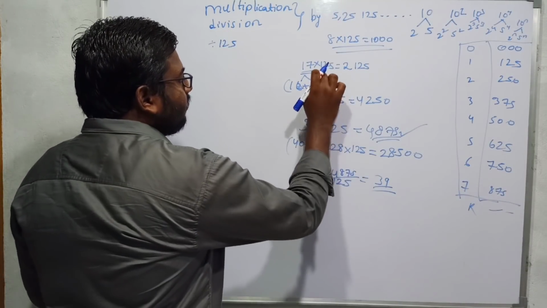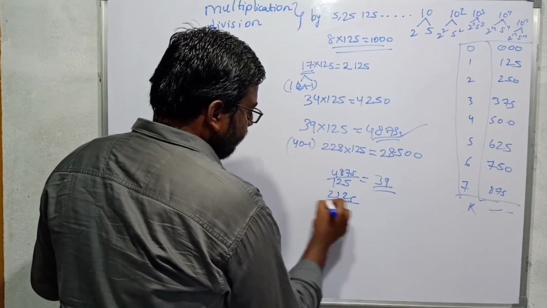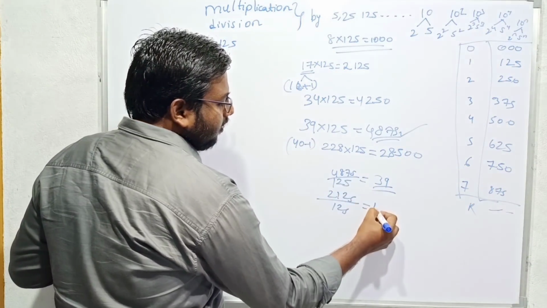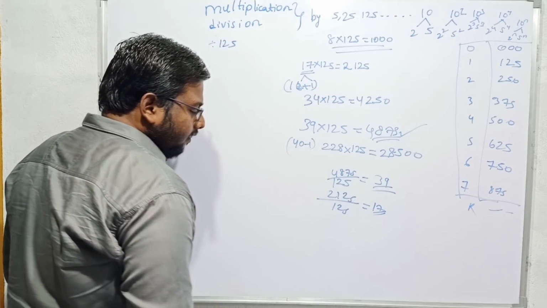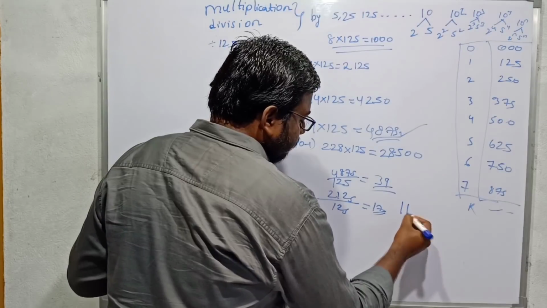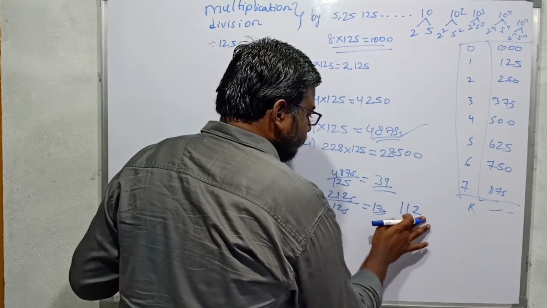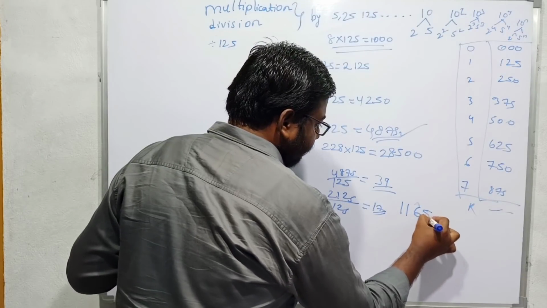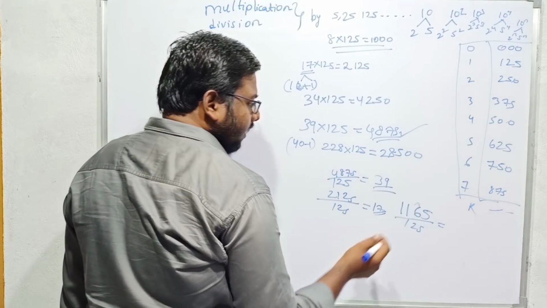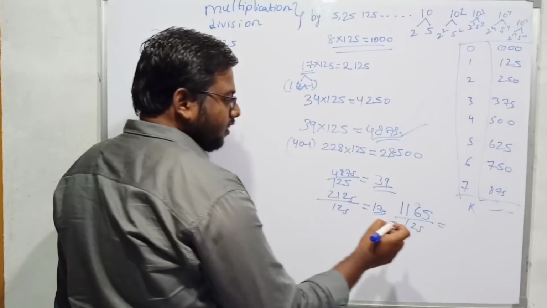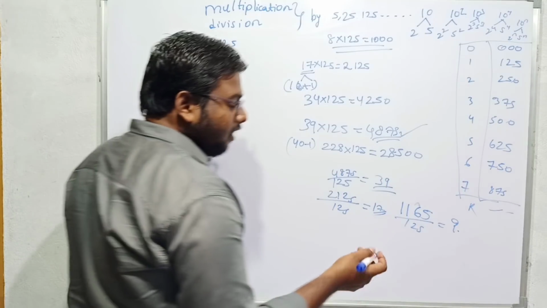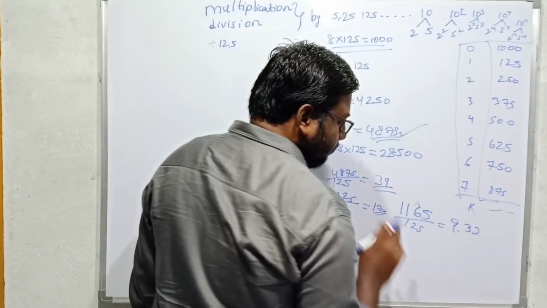For example, if we take this case, this is 2125 divided by 125. Similarly, we will go in the reverse way. 2 8s are 16 plus 1. 17 will be the answer. For example, if I have to see the numbers which are not divisible by 125, for example, this is 1165 by 125. If I have to calculate this, I will close this. 1 8s are 8 plus 125 is there, 8 plus 1 is 9 point 125 plus 40, 40 by 125. 40 means 4 8s are 320, that means 32.